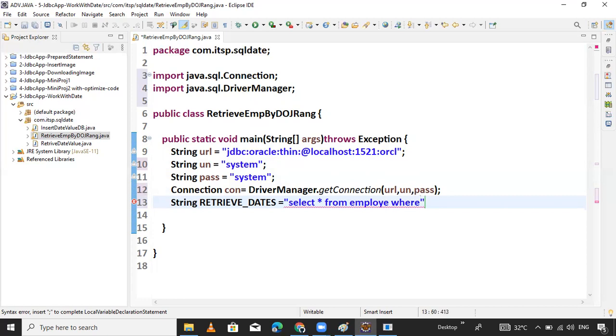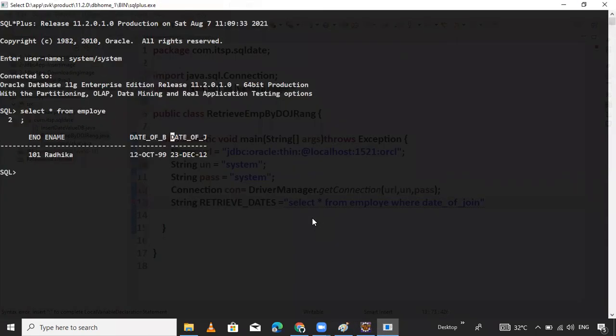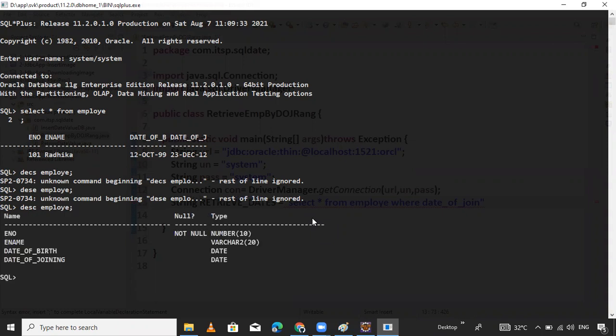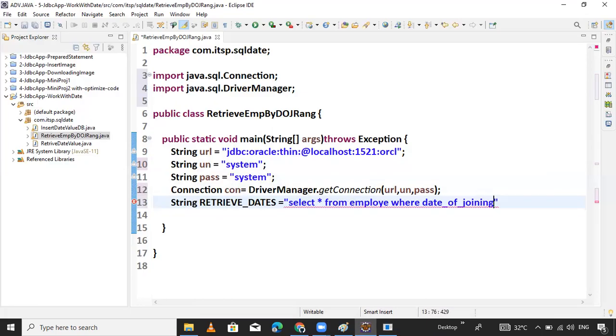Where, this is the important part, where date of joining, the column name is date_of_join. The column name is there, right? Let's check it once more. Describe. Okay, the column name is date of joining. Okay, date of joining, that's it. Where date of joining